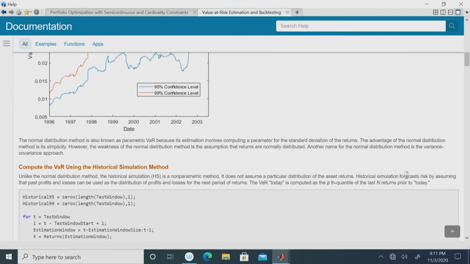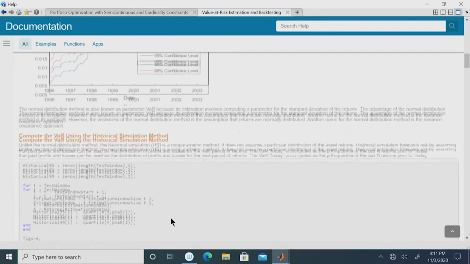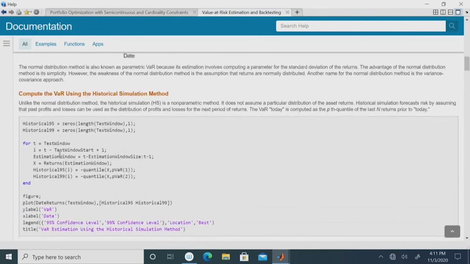Now, historical simulation forecasts risk by assuming that past profits and losses can be used as the distribution of profits and losses for the next period of return. So, what you do is the following: you look at the historical returns, which you set as x. If you just look at the historical returns over a period of time, what you will get is that